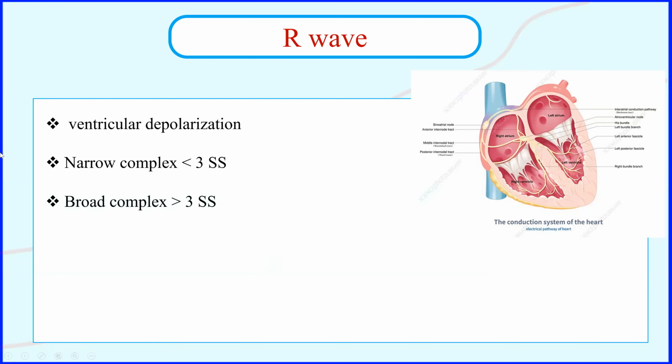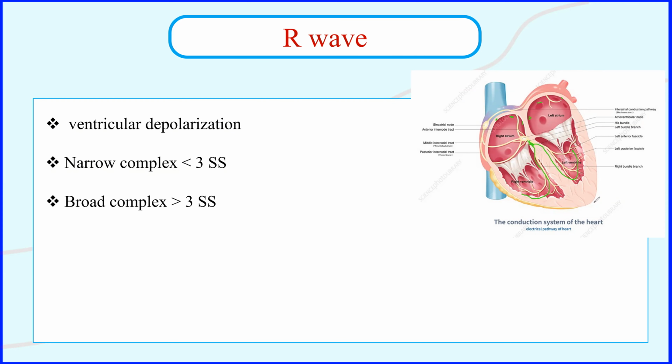Generally speaking, if the electrical impulse or the action potential is being generated in the upper chambers, in the left or right atrium, then it will go to the ventricle through the AV node and bundle of His, right? And this is actually the fast pathway, the electricity will go all over the ventricles really fast because this is the normal anatomical electrical pathway. And if this is the case, then the complex will be narrow because the electricity reaches the ventricle really